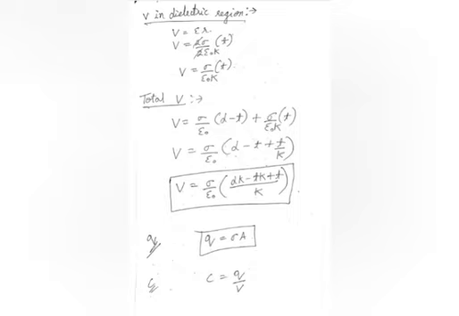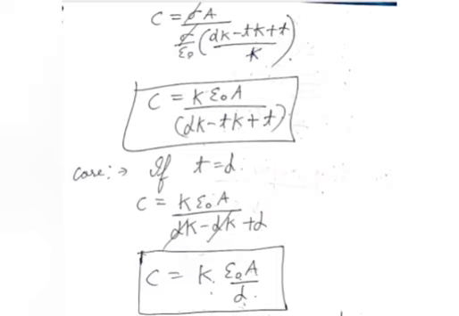Now finally we can apply the expression for capacitance, which is C is equal to Q by V. We are going to put the value of Q and V. The value of Q is sigma A, and the value of V we have taken out above, so that value we are going to put over here. In this slide you can clearly see I have put the values of Q and V, in which sigma and sigma get cancelled out, and K and epsilon naught would go above with the numerator.